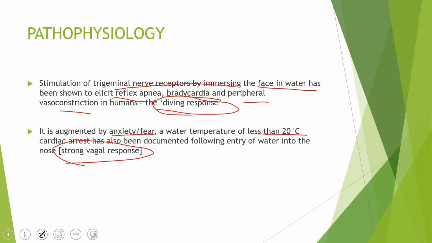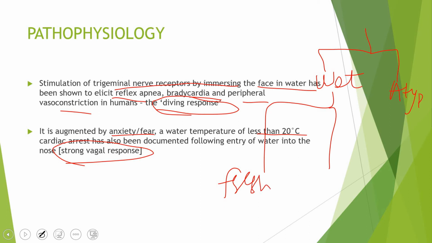I think we should recall a little bit that drowning we said was of two types, wet and atypical or dry. And wet we further discussed has two types, drowning in fresh water and drowning in salt water or seawater. And atypical has also two types. The diving response, which is elicited by the trigeminal nerve, and the strong vagal response in some cases, which is highly associated with anxiety and fear, and vagal response causes sudden cardiac arrest. So that's all about the different types of drownings. And now we will move on to